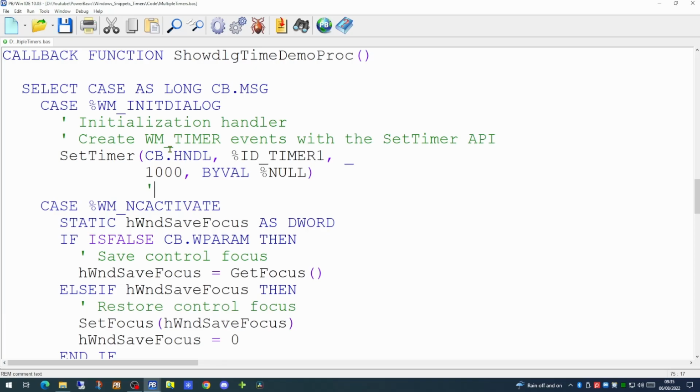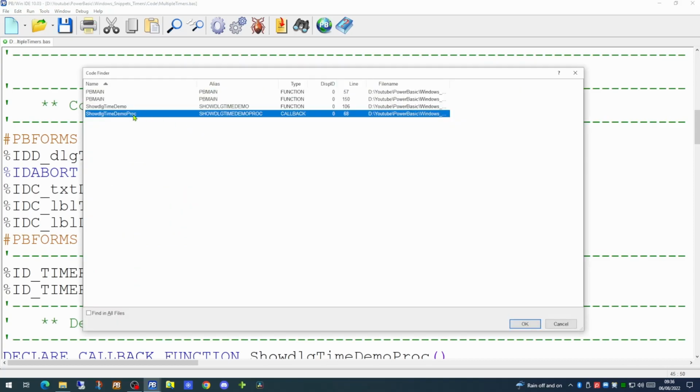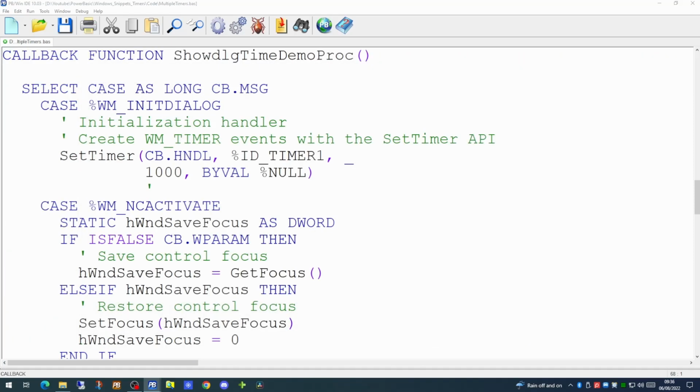So we've set the first timer up. Let's create this constant now. We're going to be using two timers, so we're going to create two constants at the beginning of our application. I'm giving these two the arbitrary values of 2000 and 2001. If we now go back to our callback function, the next thing to look at is what happens when the